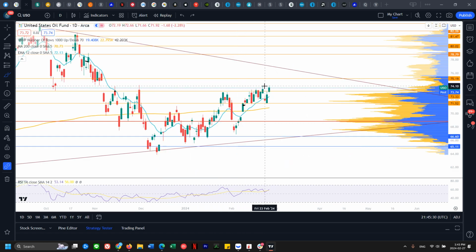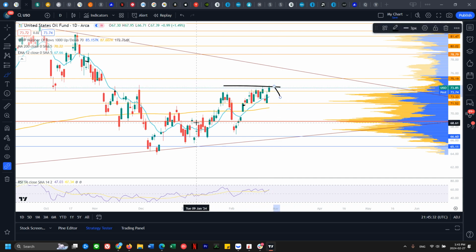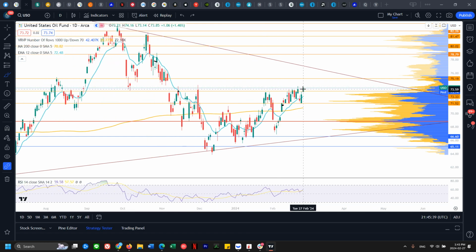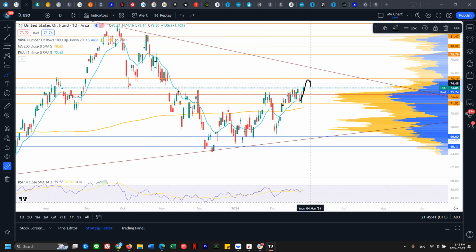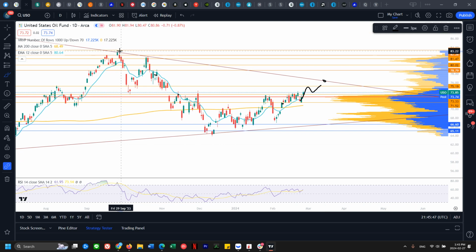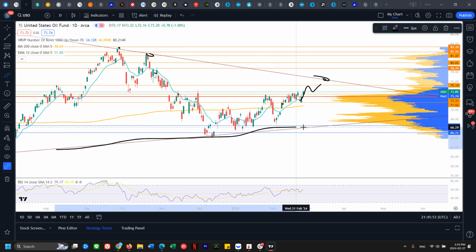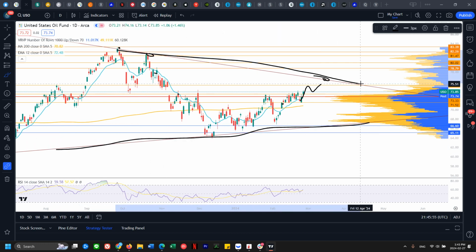From the bears, pretty much reject right here and back down again. That would be bears winning. We'll see about that. We do get that scenario where we break above higher and then back test, hold support, bounce. Then my target would be at this maroon looking line where you can see it was resistance, resistance, and resistance, and this bottom maroon line is going to act as support. So this is the big picture overall where oil will be trading within this range.